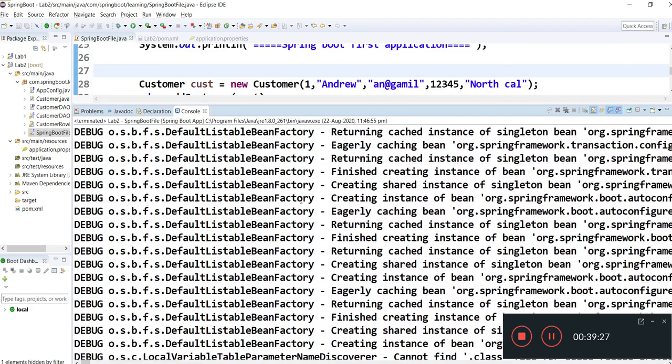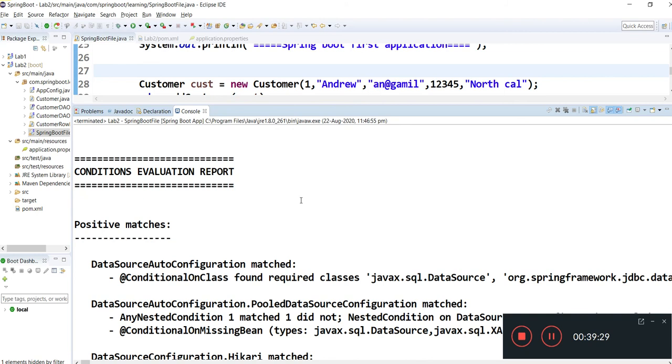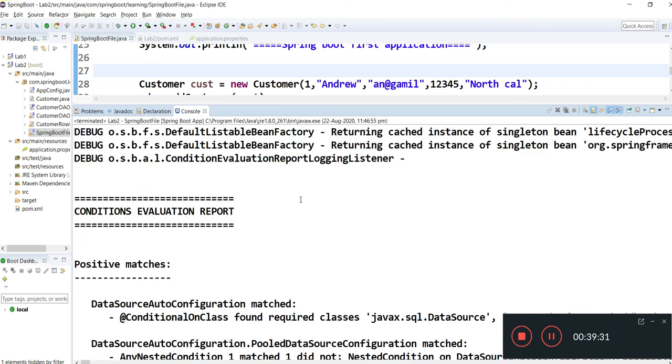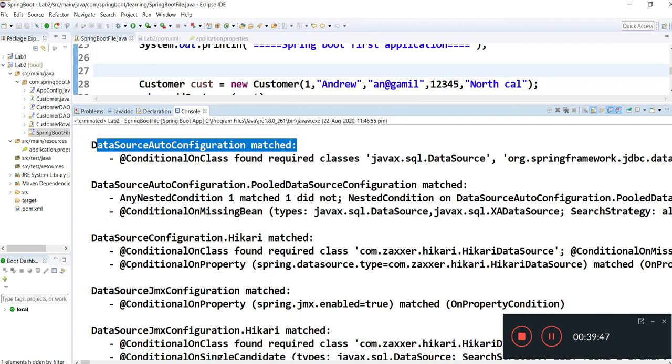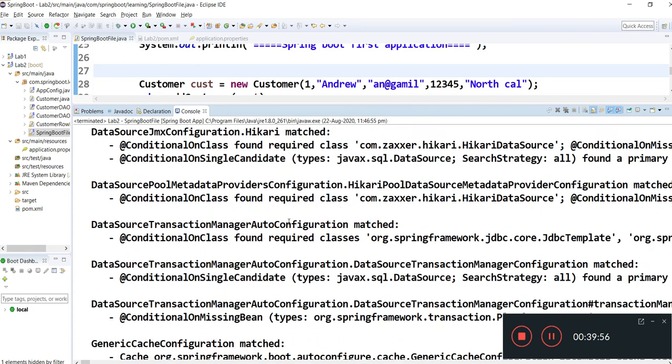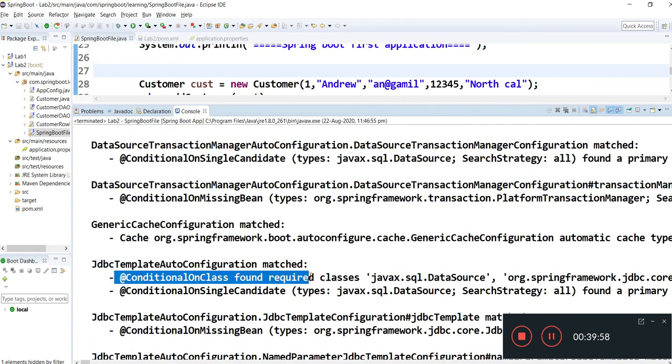From here you can see, once you are running your project, what annotations or jars have been downloaded, and what the positive matches are. Those matches you will see here, meaning @ConditionalOn properly, what tags you can use inside your project, what the possible matches are. Okay, these will all be mentioned in your logs.